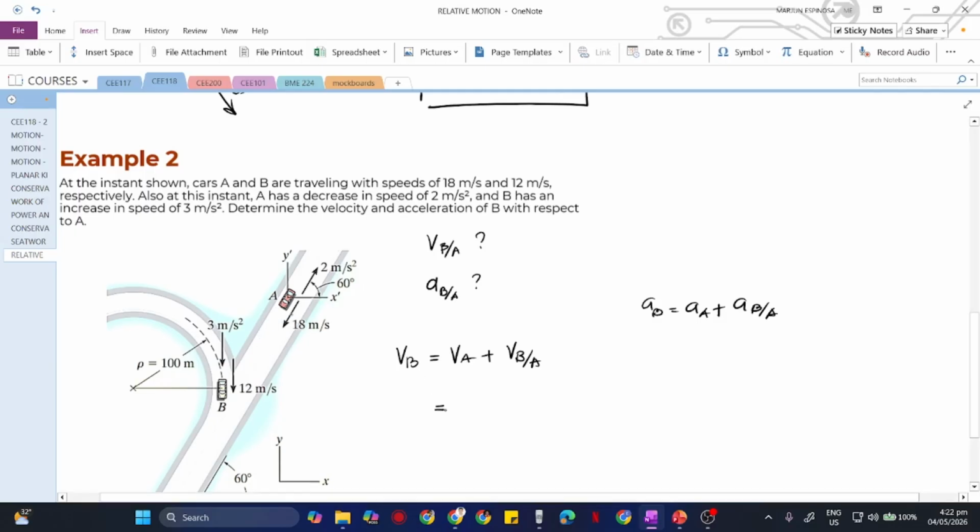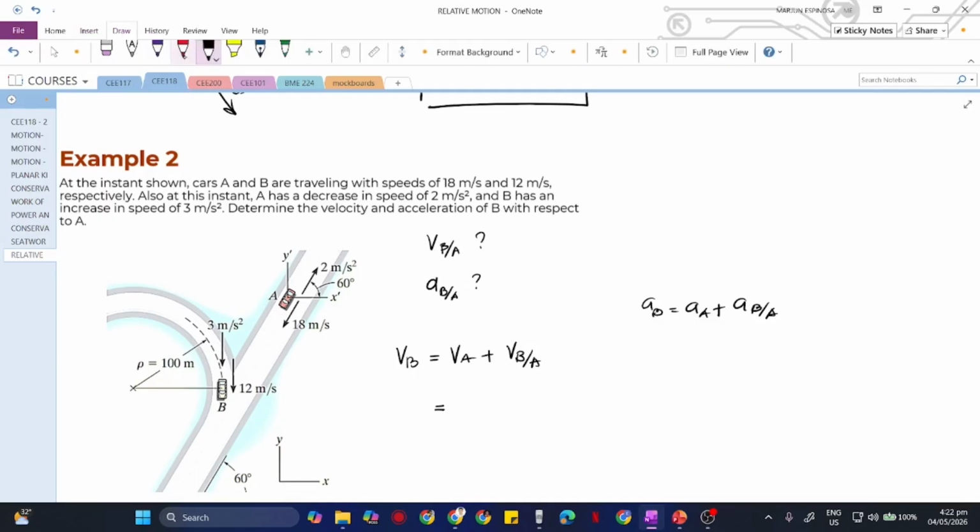So, we have 60 degrees here as our angle. That means it's going in this direction. It has two components: a component going this way and a component going downward. Considering that x is positive this way, and positive is upward,